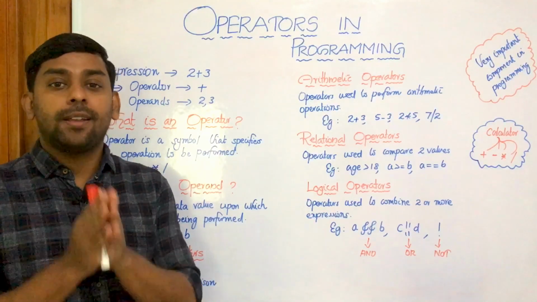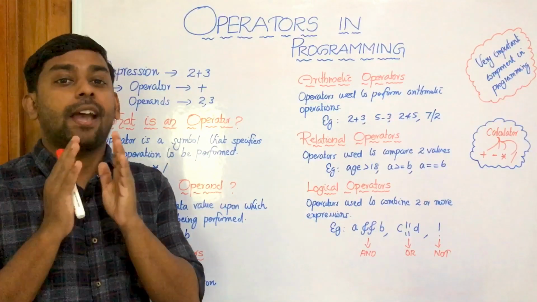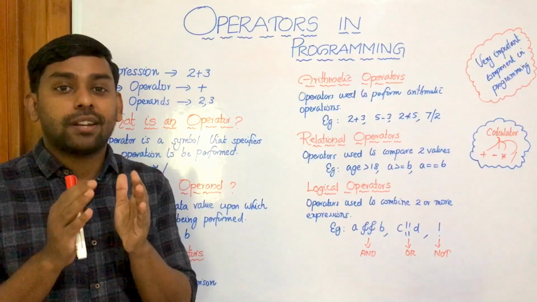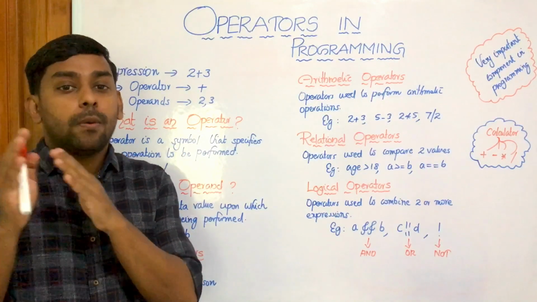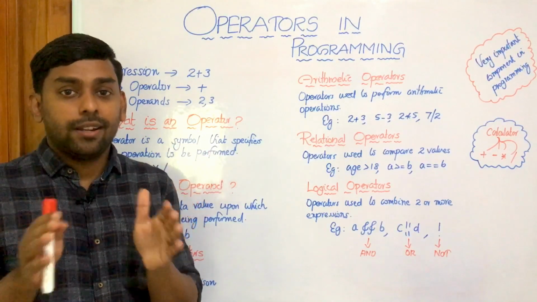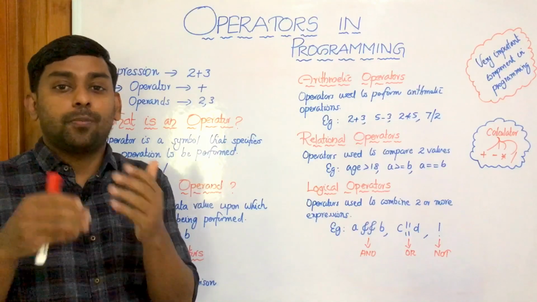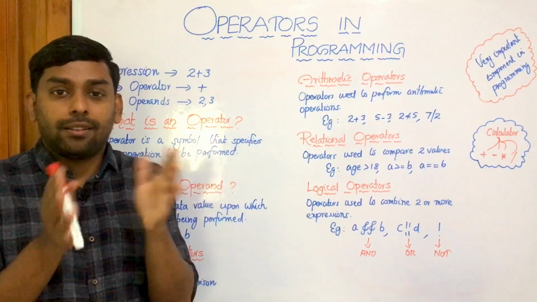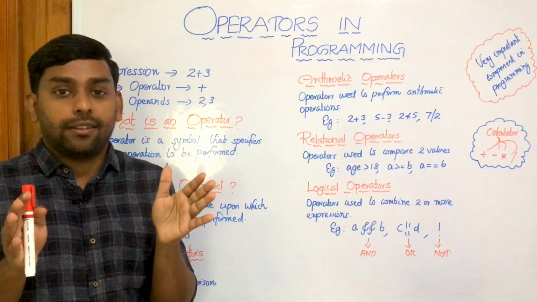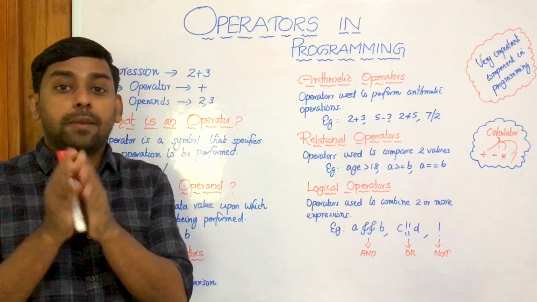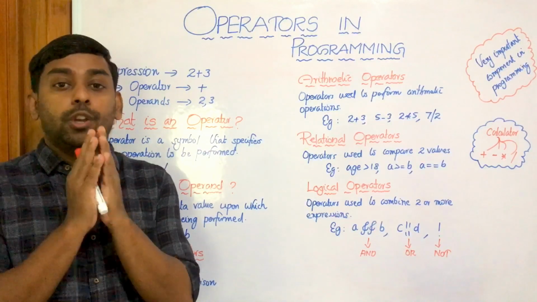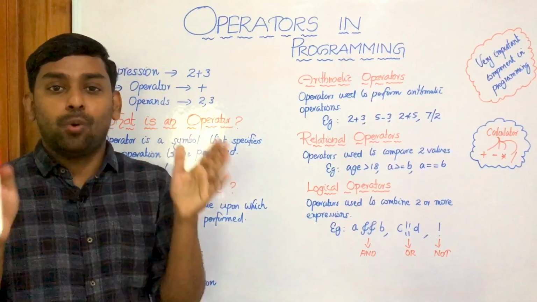We have already learned programming and data types used in programming. You know what a program is? A program is a set of instructions written to perform a particular task, right? And programming is the act of writing programs. Another terminology for programming is coding, right? Then data types of data used in programming. We have to deal with different types of data like numeric data, character data, boolean data.